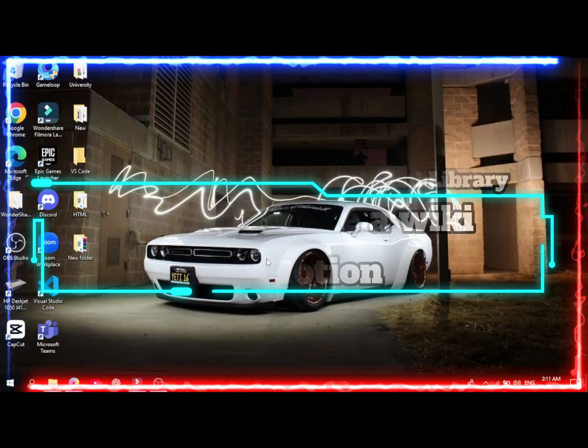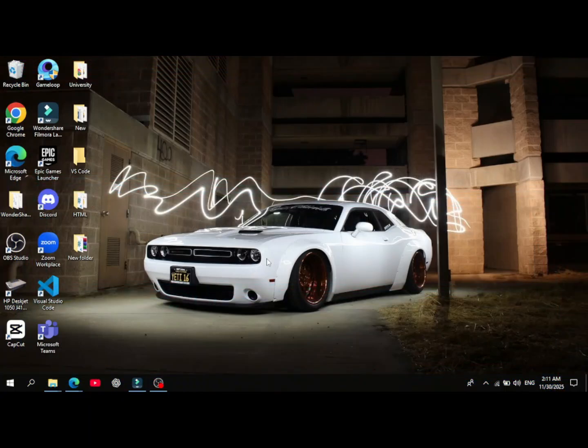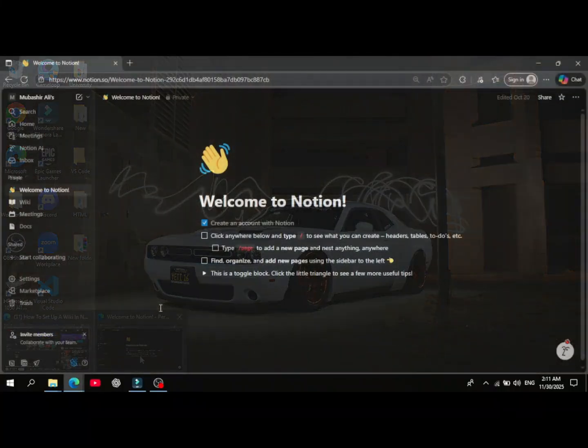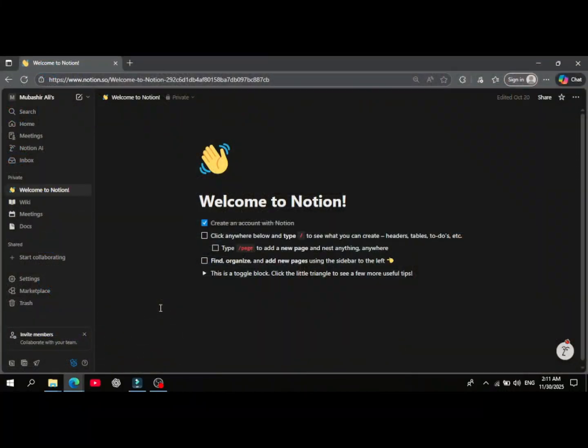Hey guys, welcome to this quick tutorial where we'll explain how to create a wiki in Notion, so let's get started. Today, I'll show you how to quickly set up a wiki in Notion, a perfect way to organize notes, team resources, or a knowledge base. Instead of building everything from scratch, we'll use Notion's free wiki templates to save time and get a polished look